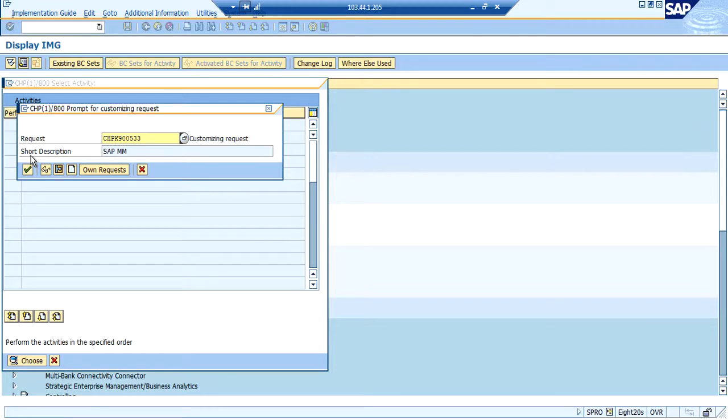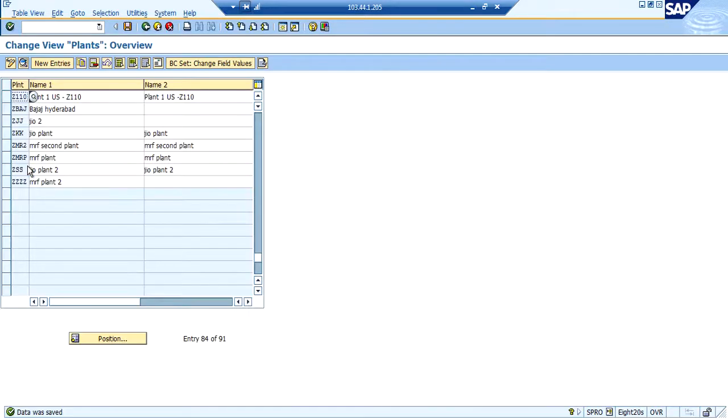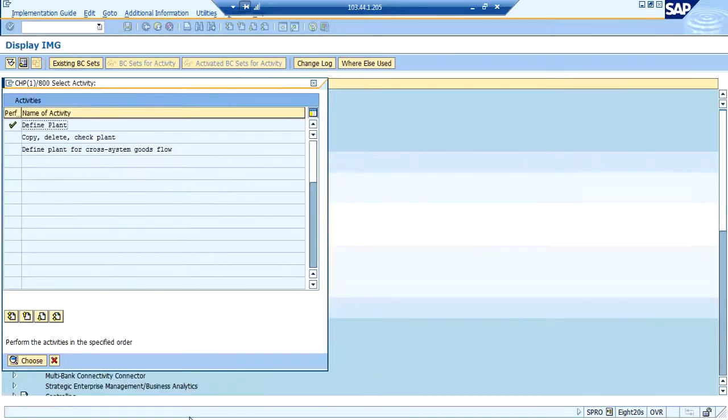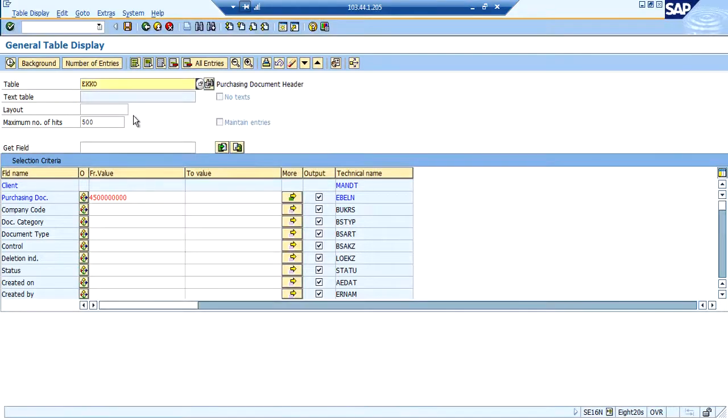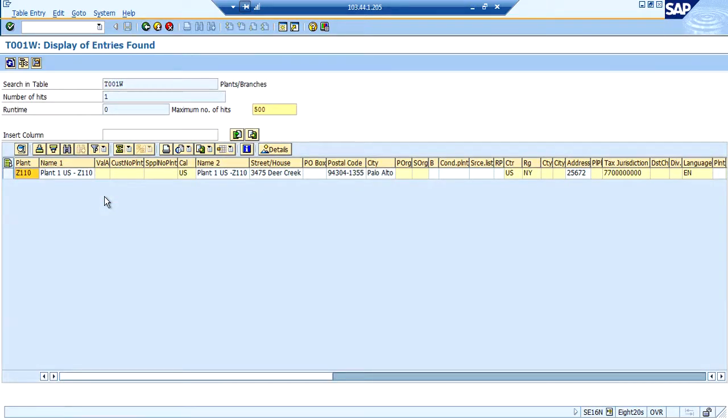Then the system will ask to enter a transport request. Since this is an organizational entity, every time we have to create a transport request. In order to check whether the plant has been successfully created or not, we have to go into table T001W.